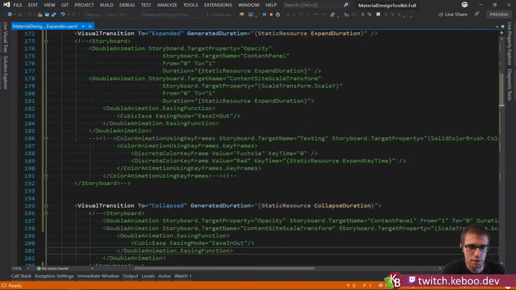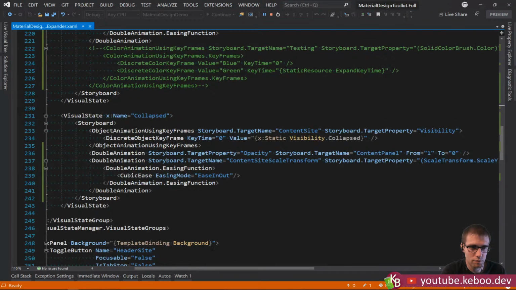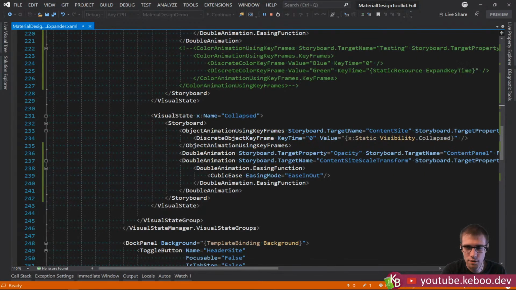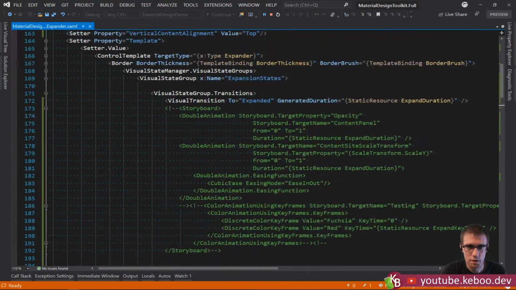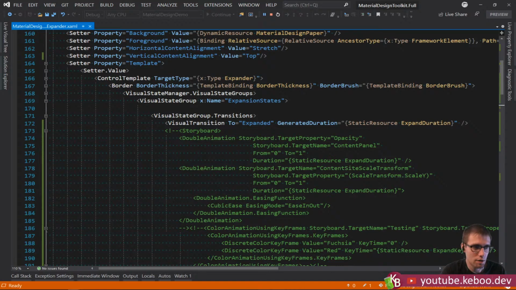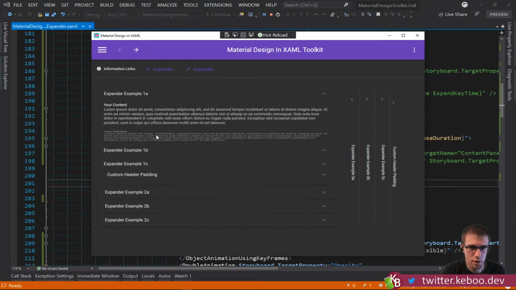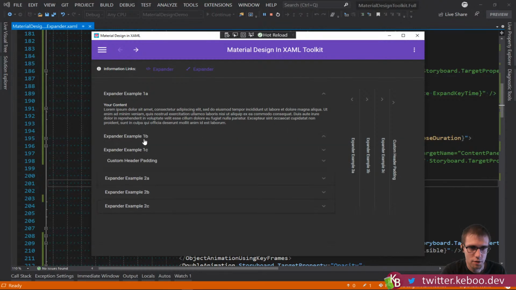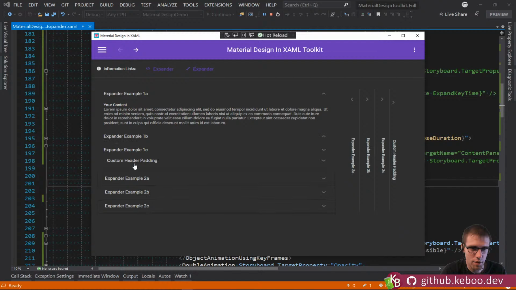Okay, I think this is still better. Let's see, generated duration. This does feel slower than it was, but it could just be that double bounce. All right, so when I click to collapse,